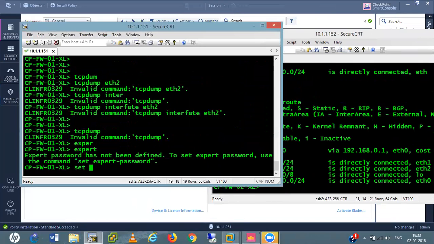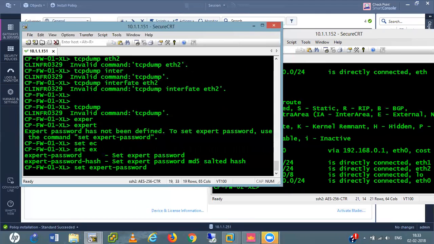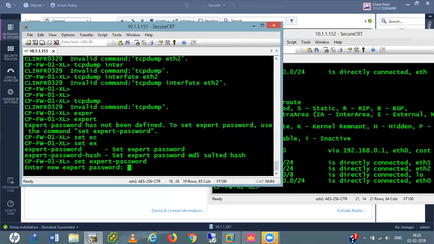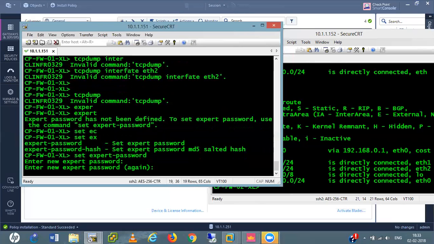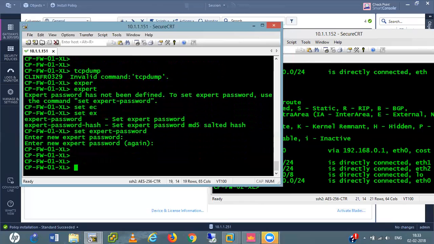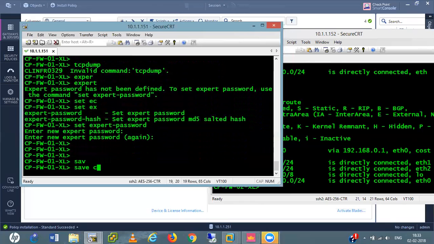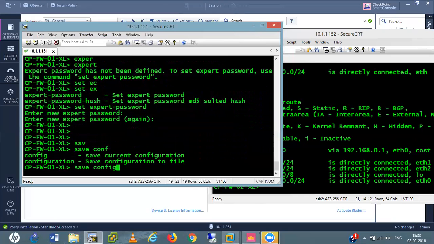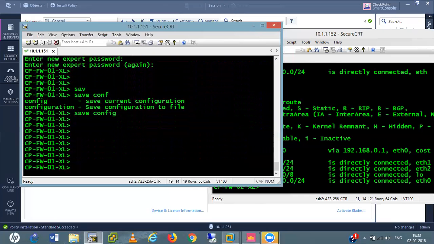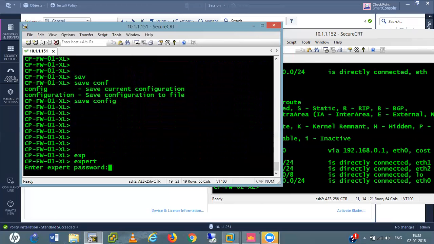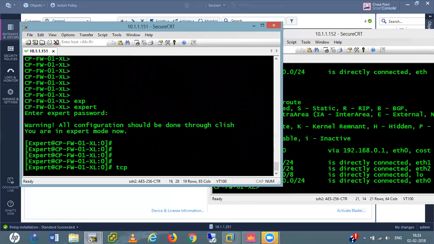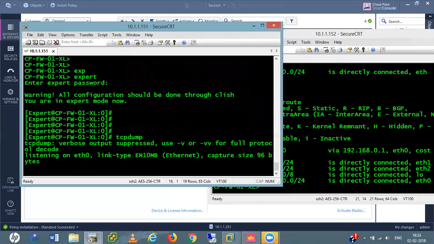Set expert password, admin@123, save config. Then run expert, admin@123, and tcpdump. See, this is the command to capture the packets.